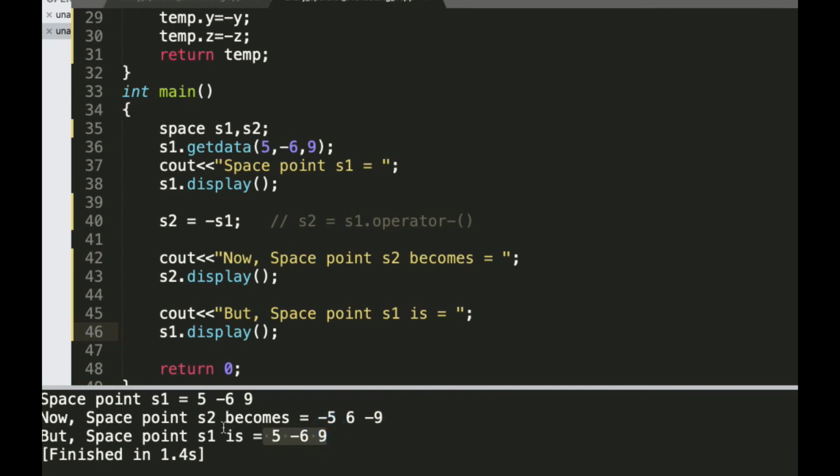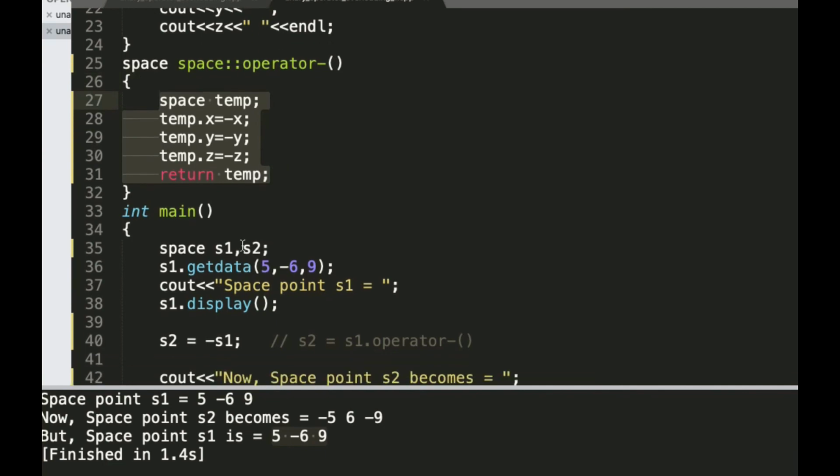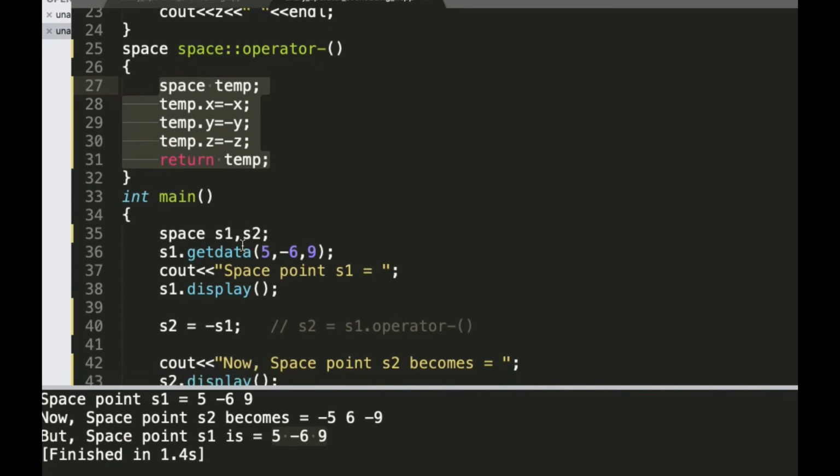In the previous program it was minus 5, 6 and minus 9, but in this program s1 is unaltered because we have not implemented that inside this operator minus function. If you implement it, that is also possible, but in this program I want to assign only the negative value of s1 to s2, and in that way I have overloaded it.